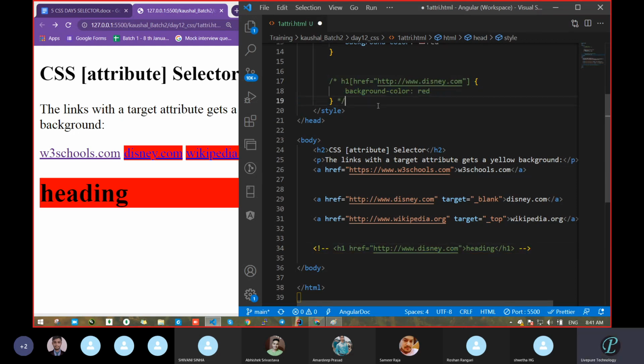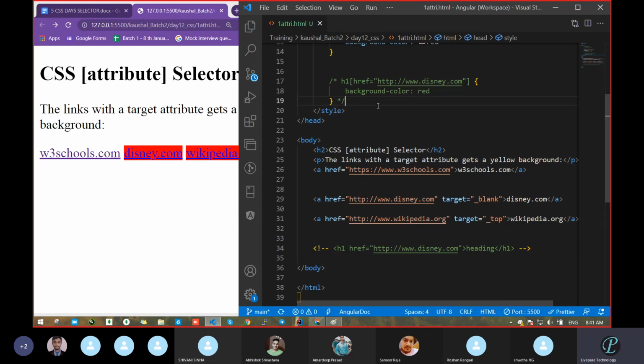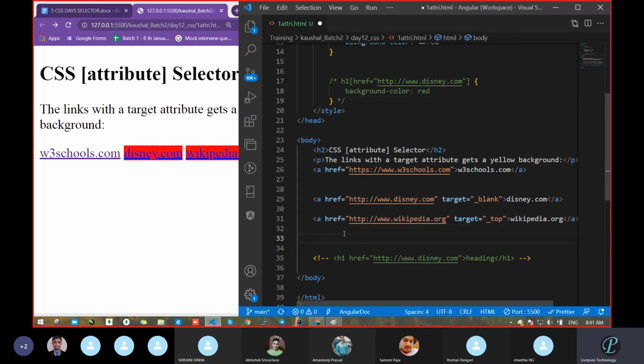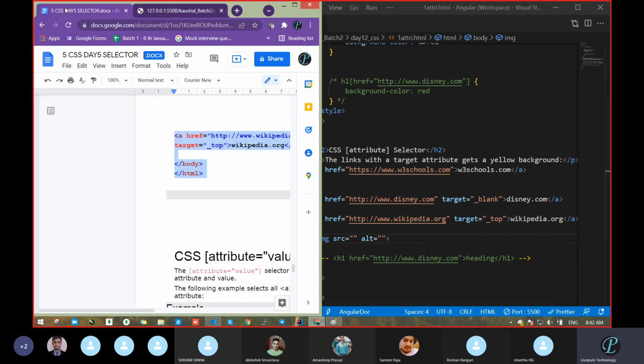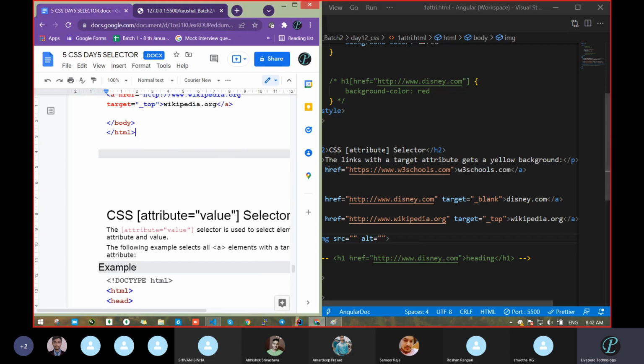Not only the anchor tag, any image tag you take, in image also src is there, then alt is there. Suppose img, and let it be on the alt attribute. So you can pass this alt value on that attribute. Clear? This way we can use this. This is very important, because we can use it many times.